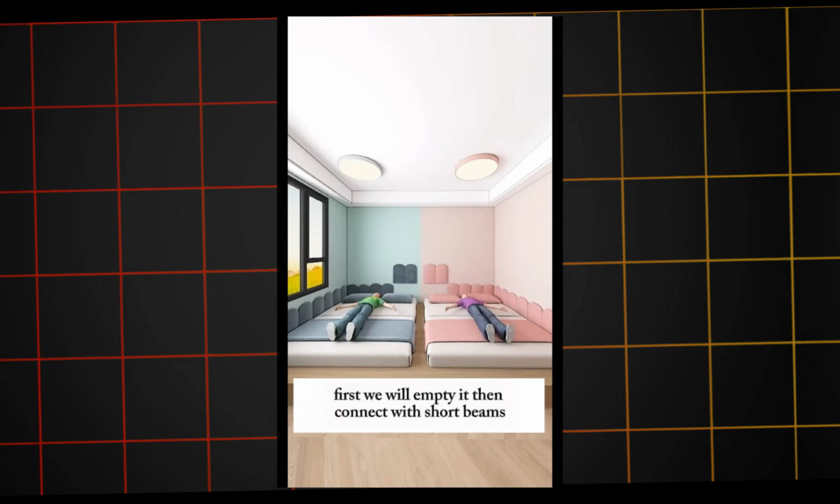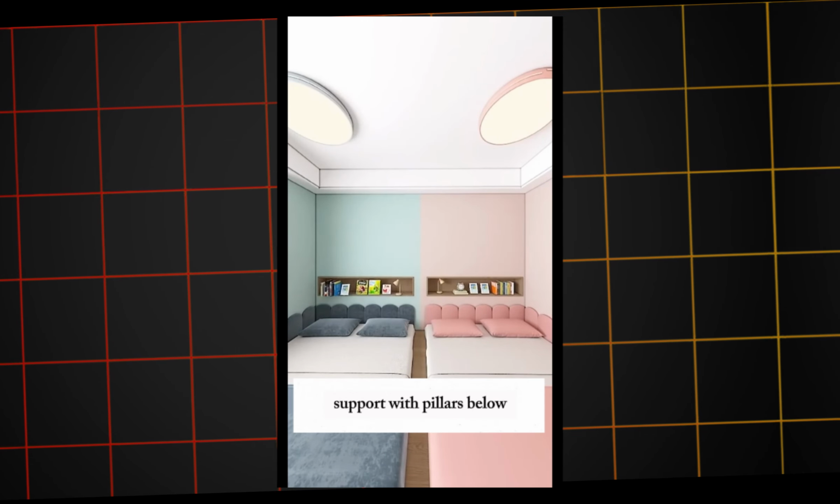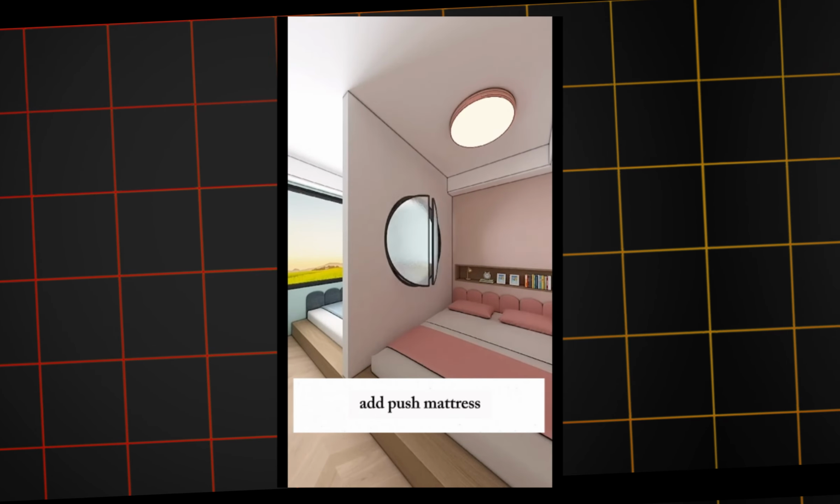First, we will empty it, then connect with short beams, support with pillars below. Add push mattress. Then we put